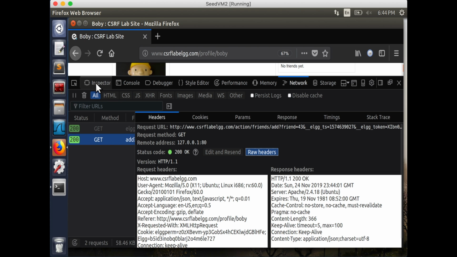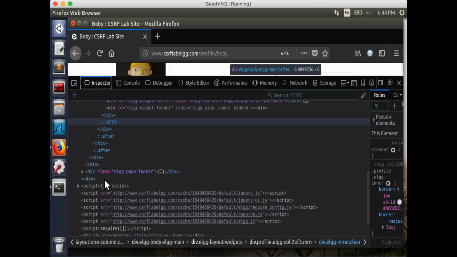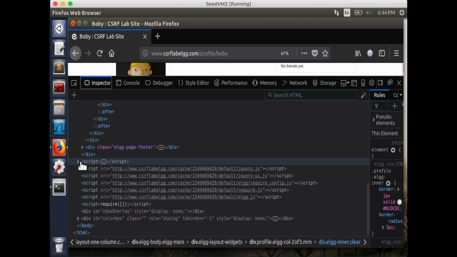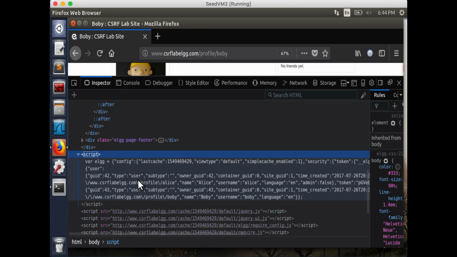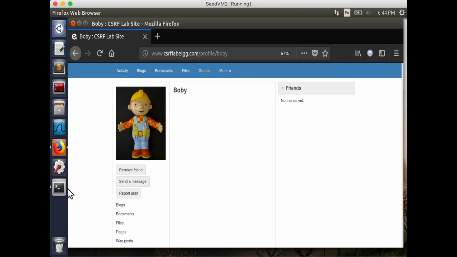Now I click on the Inspector tab, and I'm going to scroll down to the section that says Script. I'm going to expand this section so that I can see the GUID of both Alice and Bobby. So here I can see that the GUID for Alice is 42. And right below, the GUID for Bobby can be seen as 43. So Bobby's GUID will be used to implement the attack by putting his GUID into the URL within our HTML code. So now that I have this information,